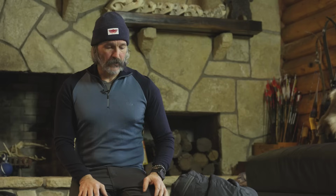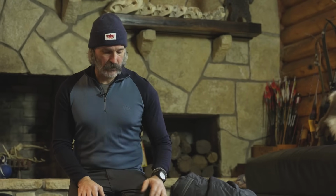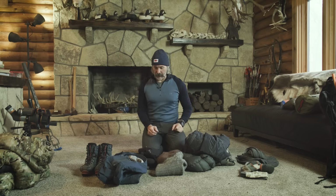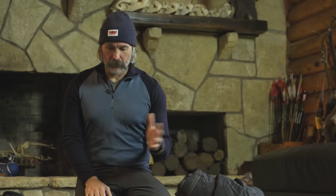That's what these systems are. We're trying to create these kind of links of adaptation. If it's going to get super wet, this is what you do. If it's going to be a super dry and beautiful trip, this is what you do. If I would have hit last week of September and it would have been unseasonably warm and very little wind and almost no rain, I would have popped my long undies off, I would have opened up my vents, I would have stripped layers off, and most of this would have lived in my backpack. But stacking on as it's getting colder, and the bottom line is,